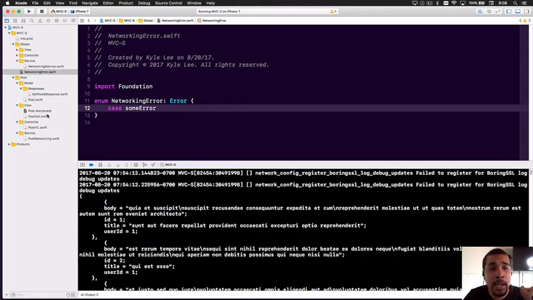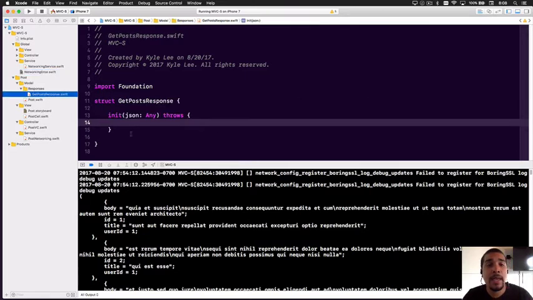Now, I want to be able to use this in any of my features, right? So I'm going to be able to have it in the posts, and if I was doing users, I'll be able to have it in each of those different features. So let's go back over to the GetPostsResponse, right? And what I'll do is guard